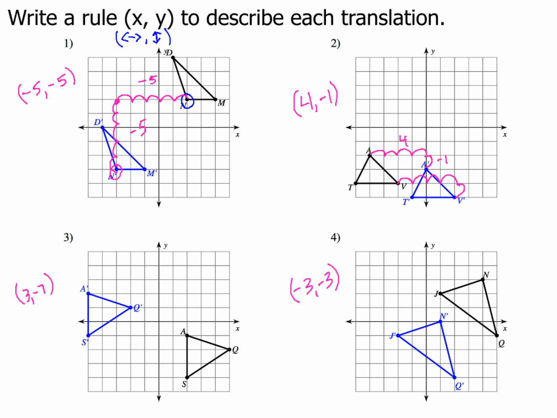So how'd you do on that? Hopefully for number 3, you got the translation 3, -7, and on number 4, you got -3, -3. So that's it for this video on translating